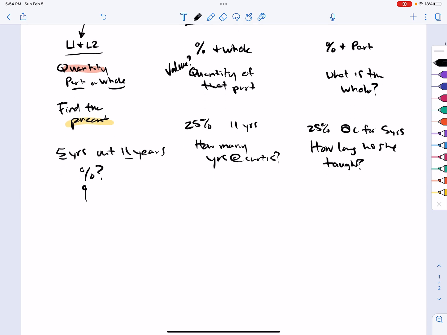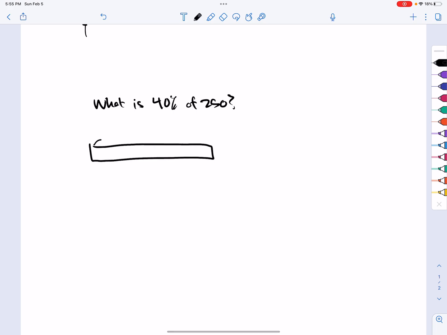So the first type of question that we'd be looking at, where we know the percent and we know the whole, is a question like, what is 40% of 250? I'm going to start visually here. We know this is the whole quantity, and that would be 100%. We know that the value of that whole is 250, and we're trying to figure out what is 40% of that. So if this here is 40%,